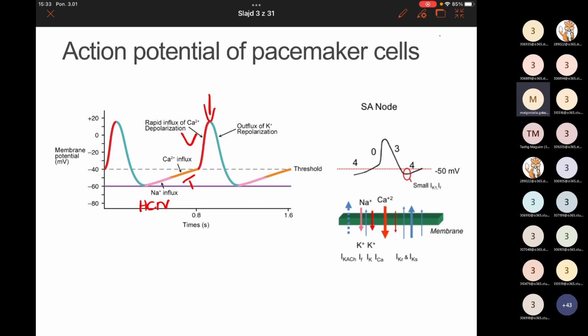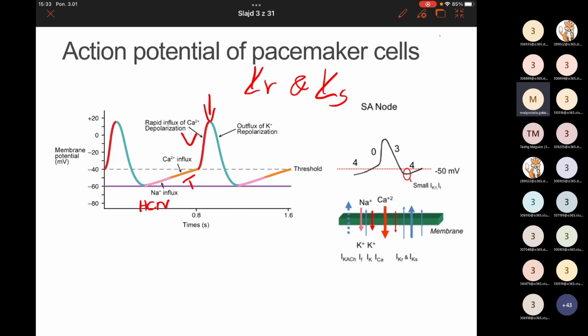There are at least two types of potassium channels which are responsible for pacemaker cells' membrane potential repolarization: rapid and slow voltage-gated potassium channels. Thanks to potassium outflow from the cell, the membrane potential reaches the value of the resting membrane potential,